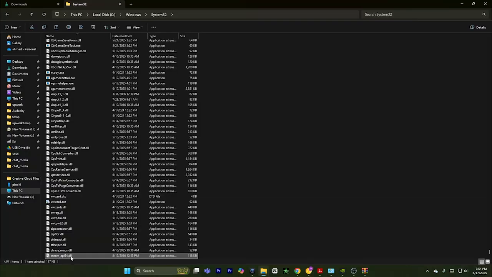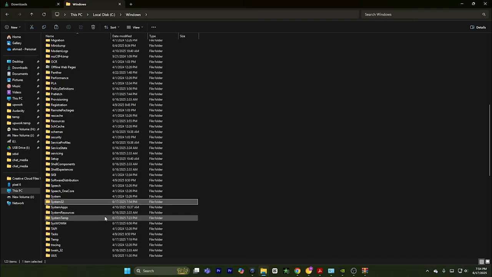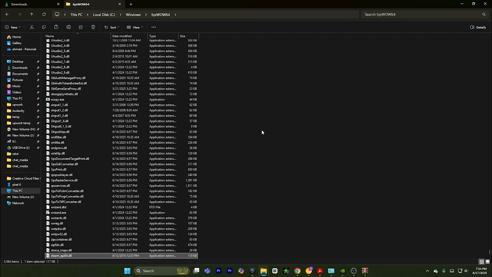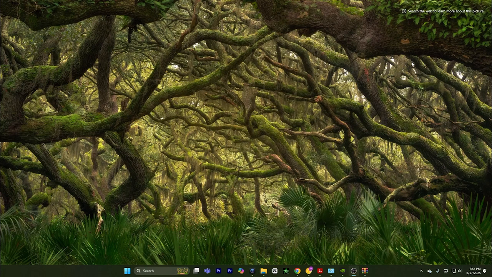Now once you have pasted, what you have to do is go back and find SysWOW64, double click, and then paste your file once again. And once you have pasted your file, close your file explorer and then restart your computer, and hopefully your problem will be fixed. And that's how you can fix the "code execution cannot proceed because